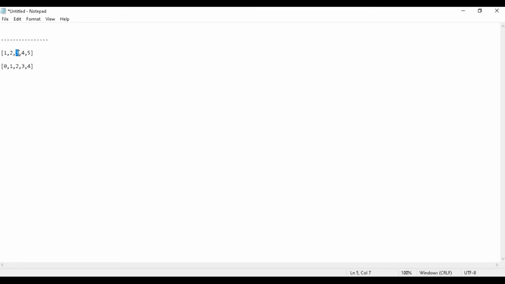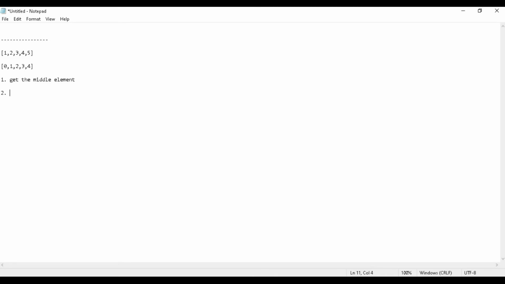Otherwise, we check whether our number is greater than or less than the middle element. Because suppose I am searching in this collection, either I find the middle element, or the number can be in the part after the middle index, or in the part before it.